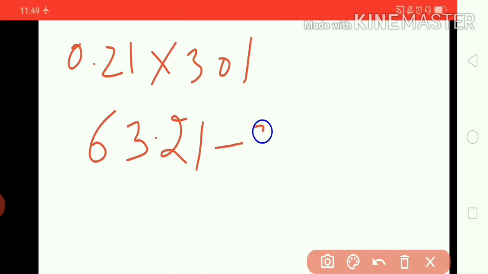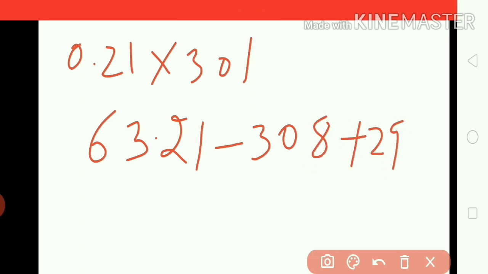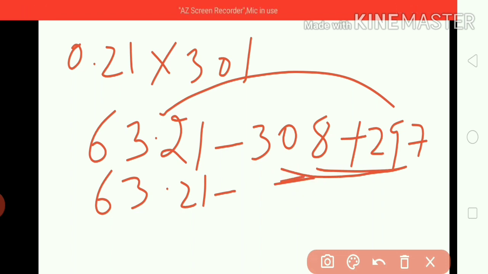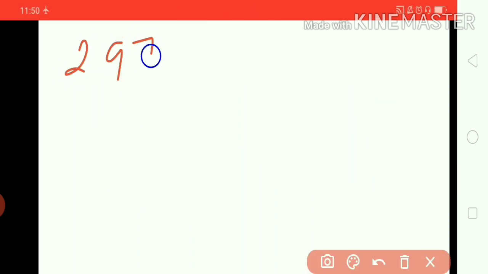Now the second thing we have given is 300 minus 308 plus 297. So let us solve it. So 63.21 minus, you can solve here, it is easy to solve, or you can add these two at first, and then subtract this one. It is your own choice. So let us do addition at first. So 297 when added with the